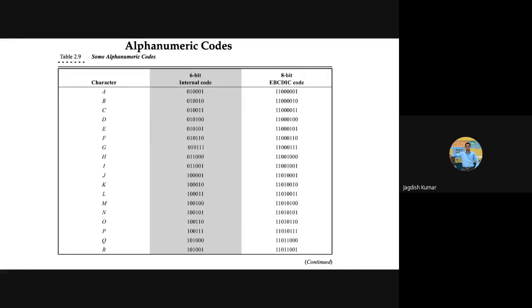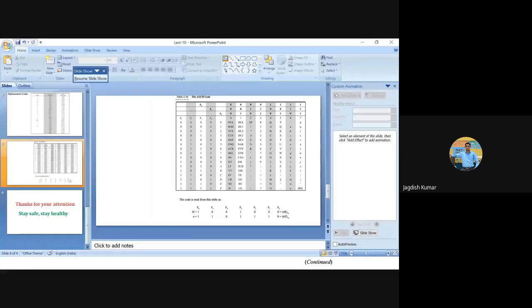As we were talking in our previous class, these are different ways of writing numbers in various formats. And that process of writing a particular number in a different form, such as binary form, is called coding.